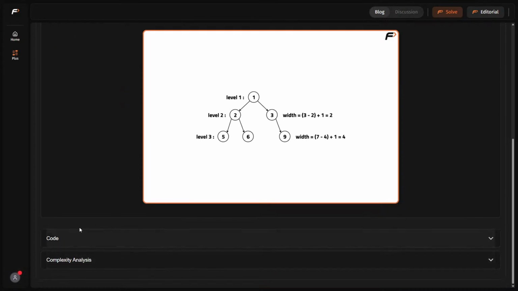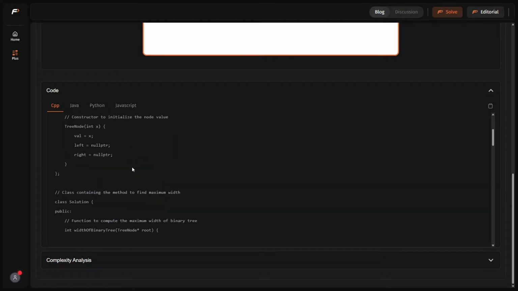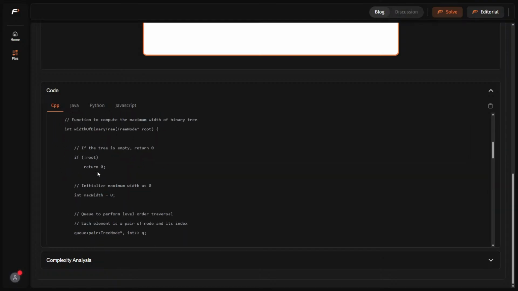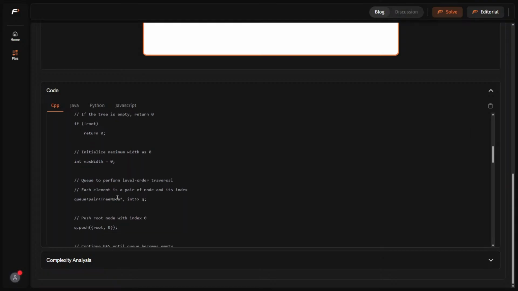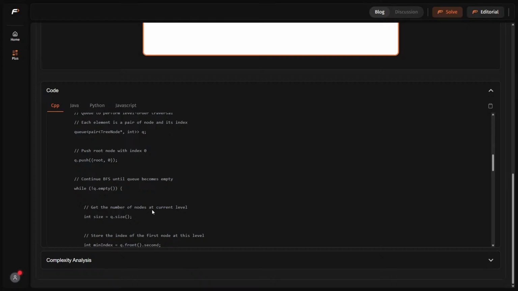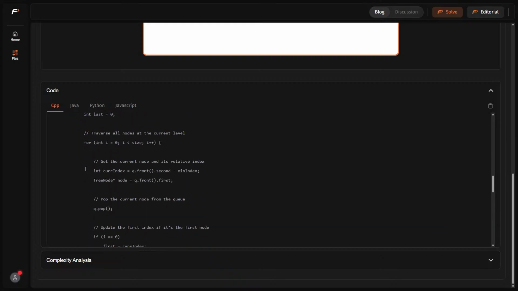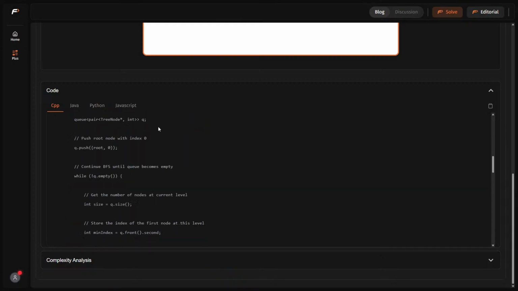Yeah, that's what even I'm doing, right? Level to level. Yeah, okay. Even I'm doing that. So what is the difference? What did he do? It's obviously max width, so each element is a pair of queue push. So if it's not empty, get the size of the queue, the minimum index push, the index of the first node at this level. Okay, I think